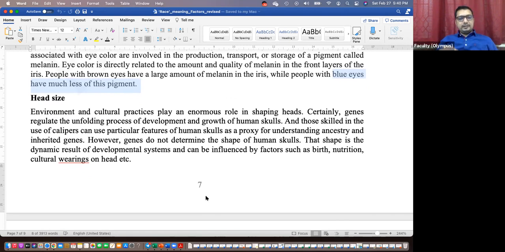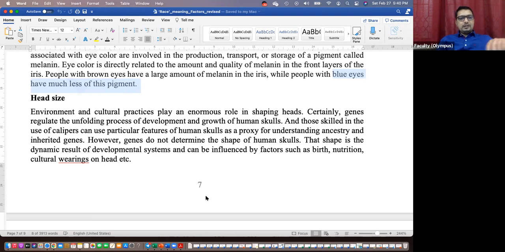So what defines the head size? Genetics or environment? When our head is formed, definitely there must be DNA elements to define the formation of head. It is, I don't know whether you ever studied this development process, very finely tuned, and we have certain genes, and the amount of genes and their expression is very, very important. Timing and level of expression are so important. So it's all perfectly planned and designed, looks like that. Small variation would result in some abnormality. Sometimes you see people don't have their heart on the left side but on the right hand side. Small difference during the development process can bring these changes.